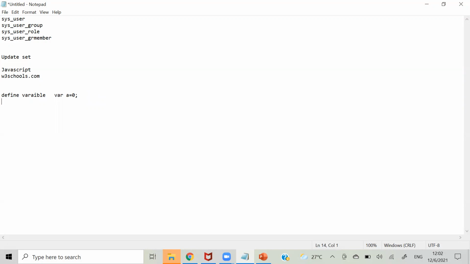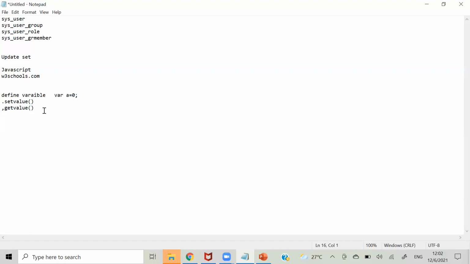Then we have setValue and getValue. Just check how we can set a value and how we can retrieve a value.